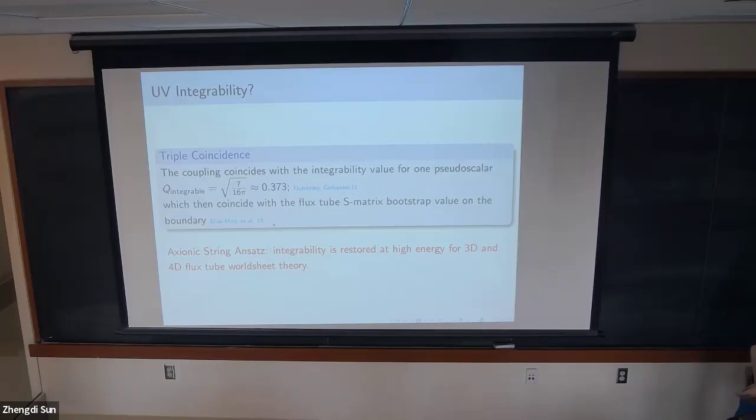And so this coincidence leads to the so-called axionic string atlas, which is the conjecture that probably integrability is restored at high energy for 3D and 4D flux tube vortices theory. Well, at this point, it seems quite surprising why this should be true, because we only started from the integrability. We only start from this coincidence between the axion coupling value and the integrable value. But one way that